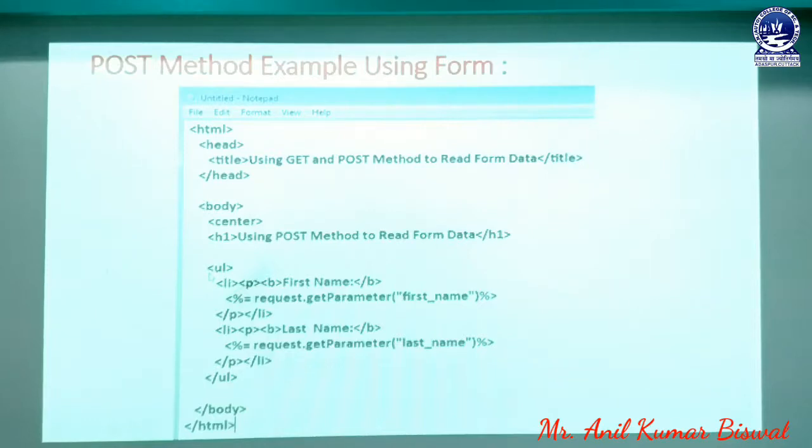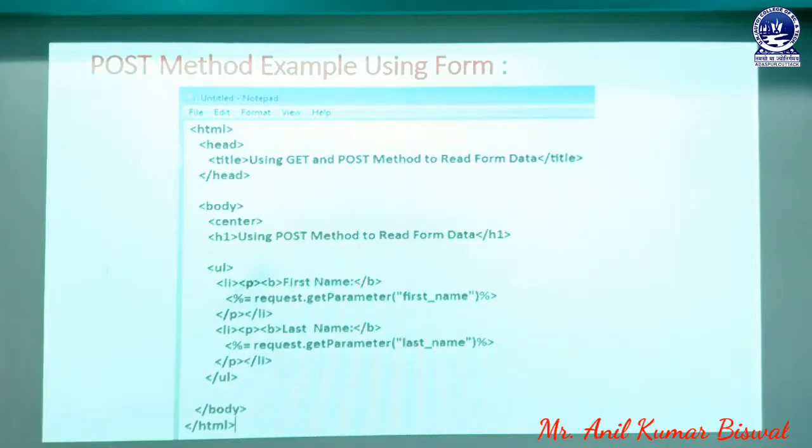In this section we use the HTML part, which is a modeling structure related to our front-end designing. Here we are using the UL tag, meaning unordered list tag. In that unordered list tag we have sub listing tags like li. In that li tag we can put a paragraph, then bold to write the first name. The first name is known as a label of that page.